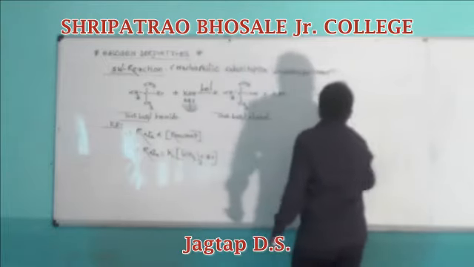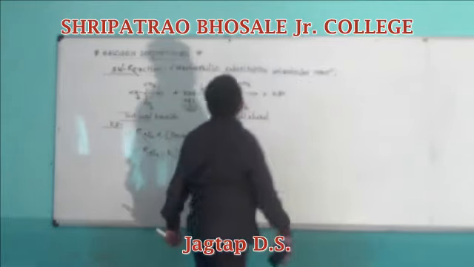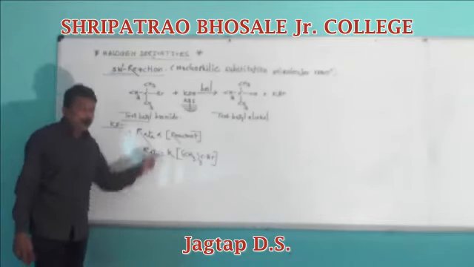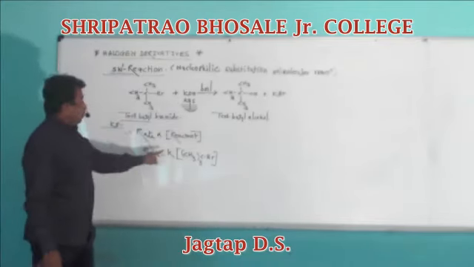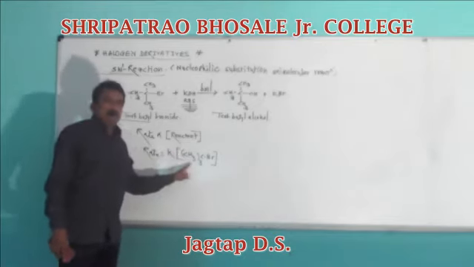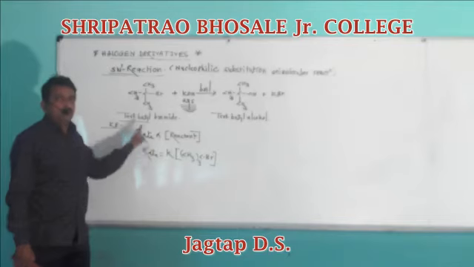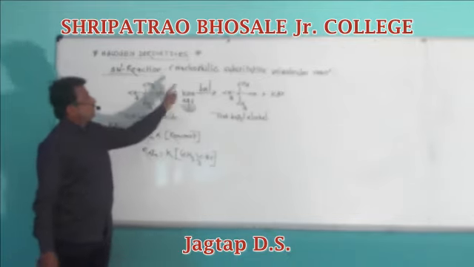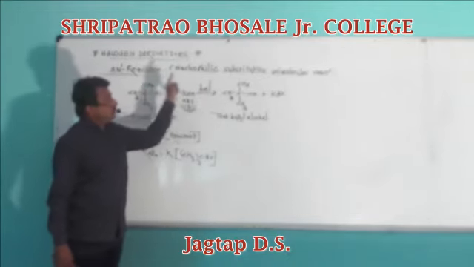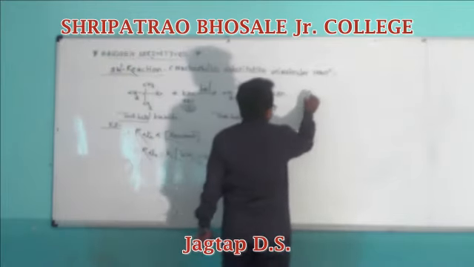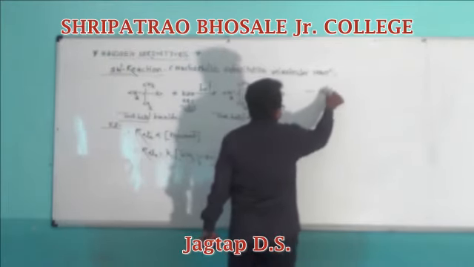Therefore, it is a nucleophilic substitution unimolecular reaction. Why is it a unimolecular reaction? The reaction in which only one reactant species takes part in the RDS is a nucleophilic substitution unimolecular reaction. Then we are going towards the mechanism.